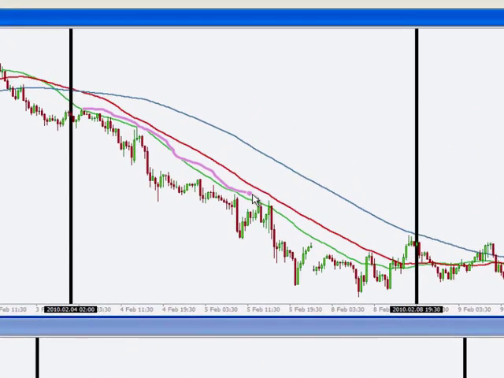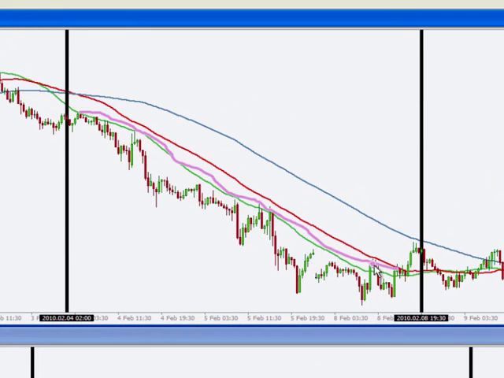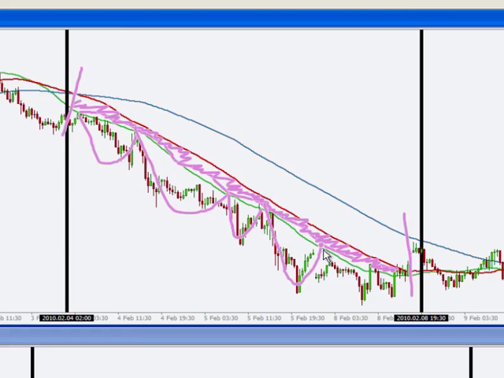hugging the dynamic area of support and resistance, but also respecting the dynamic area of support and resistance. And that's the key idea here. Since we are going to be using the dynamic area of support and resistance in order to pinpoint our entry points, our entry levels, as long as the trend is in place, meaning from here all the way until here, okay? As long as price keeps on coming back to the dynamic area of support and resistance, and as long as that dynamic area of support and resistance keeps on being respected by price, it's okay, it's